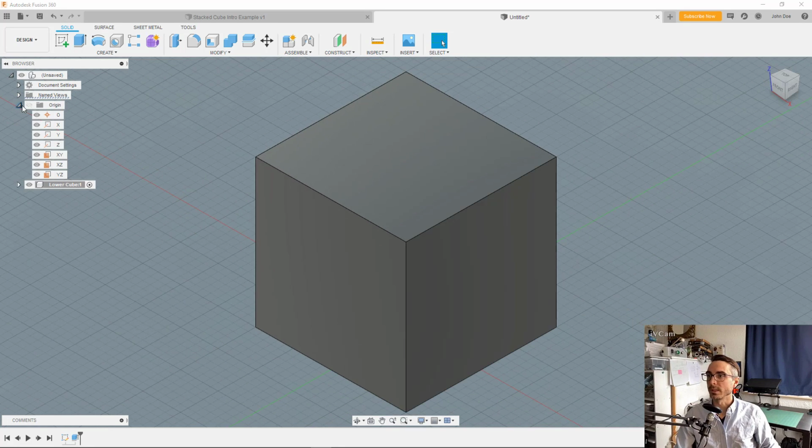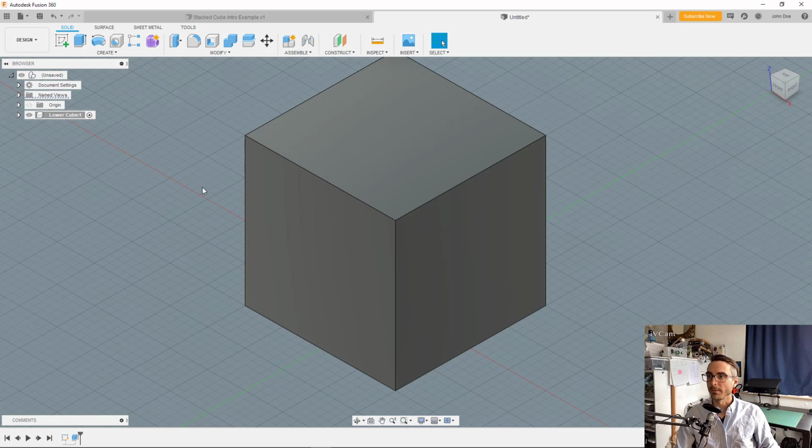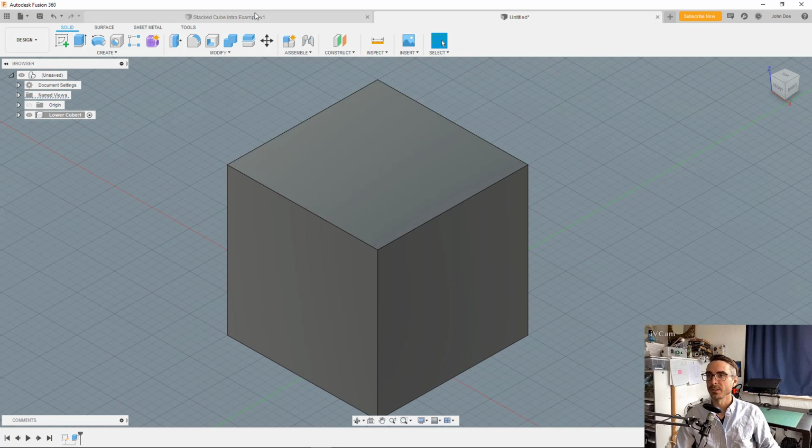And then the last thing, of course, is the origin. You can be really specific about whether you want the entire origin shown or just particular planes or axes of it. All right, for the next part, we're going to create the second smaller rectangular prism that was sitting on